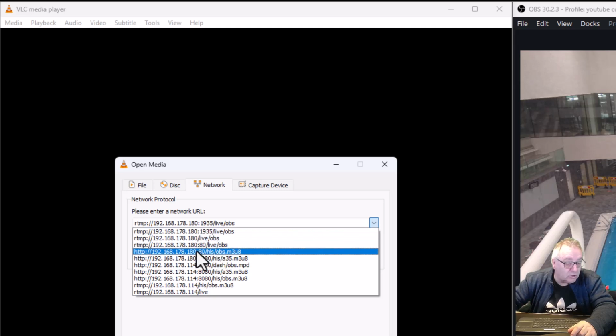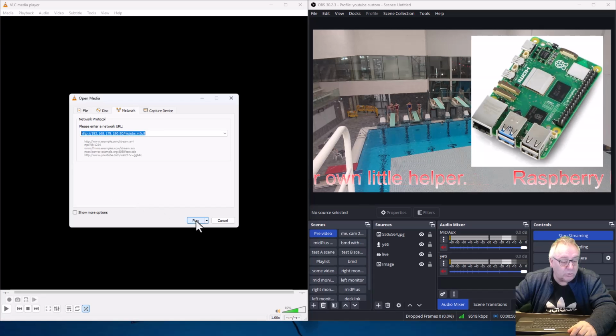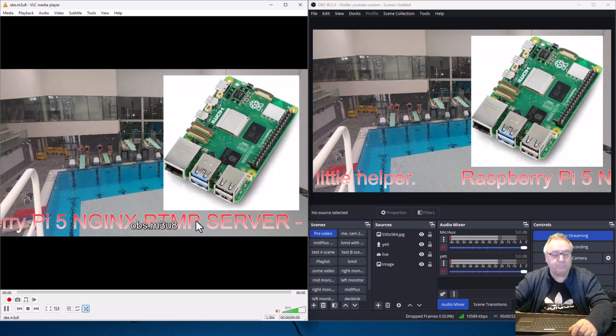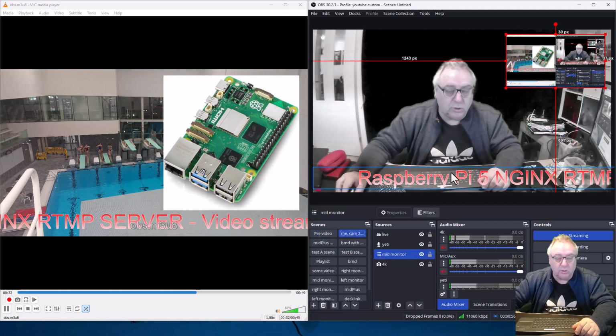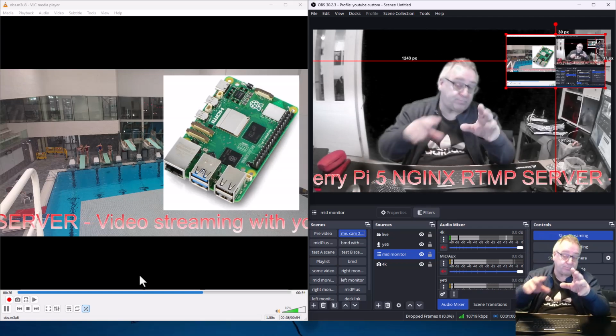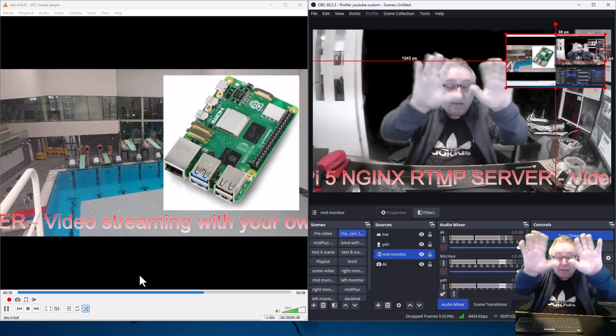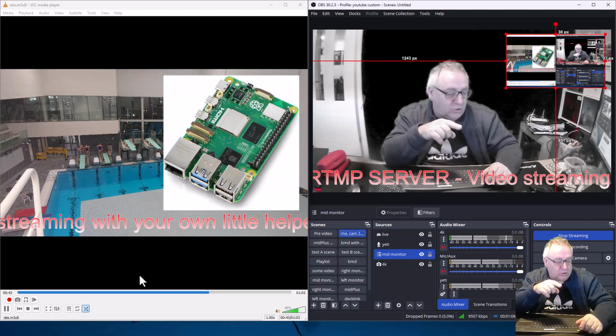This is an HTTP with the right port number, 80, HLS OBS. This is actually the playlist that we want to reach. Okay, there it is. That's totally not useful. Oh well, there's a text running. Yeah, no, it's working. So now I'm sending out my live stream, and then that will change in the VLC